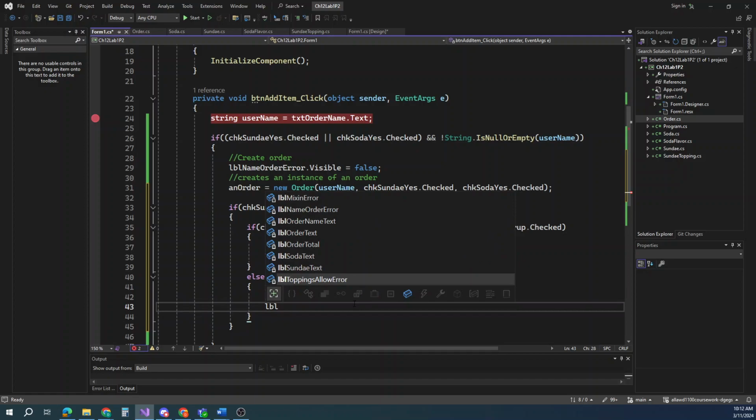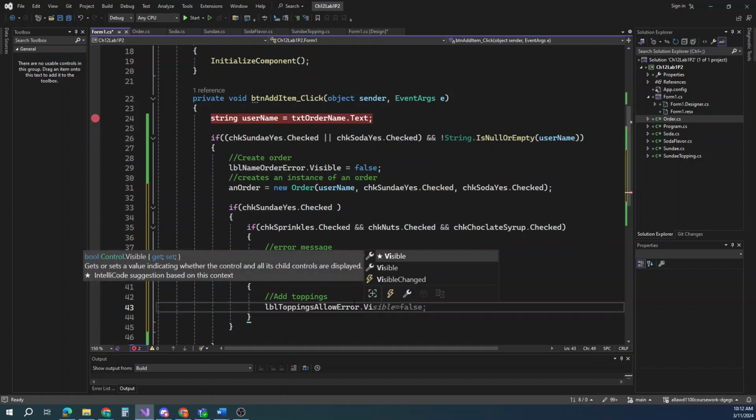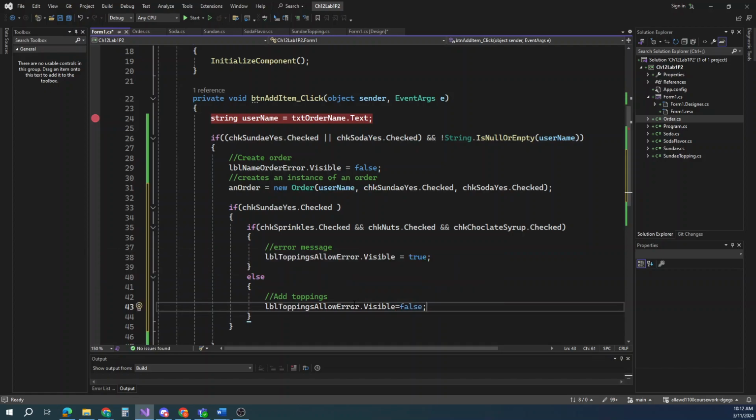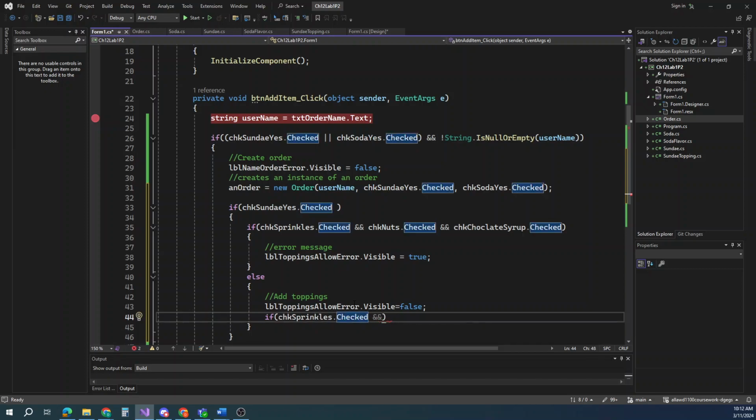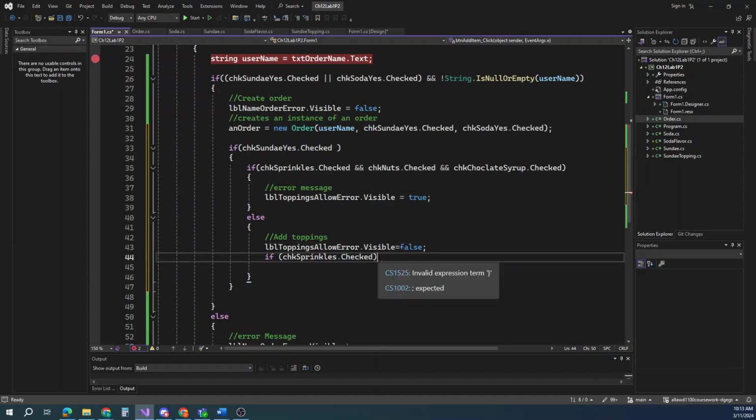Say label topping error dot visible is false. We don't want it to be seen anymore. And then we can do if check sprinkles is checked, but we don't want that and sign in there at this point. And we could put the squiggly brackets on here and do our statement there, but as we've talked about in the past, if you only have 1 line of code after an if statement, you could actually do a